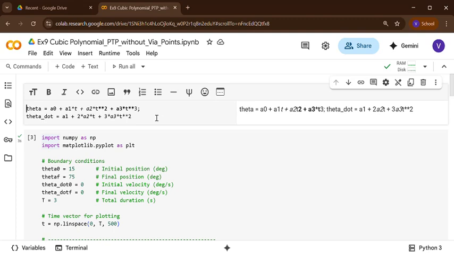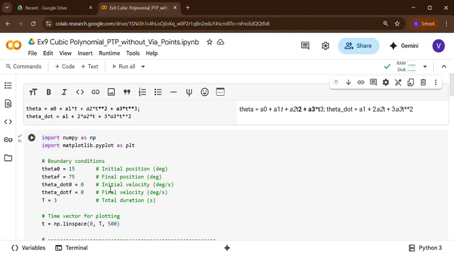Those are the initial position, the final position, the initial velocity, and the final velocity. If it is a fourth order polynomial, we have to give 5 constraints.